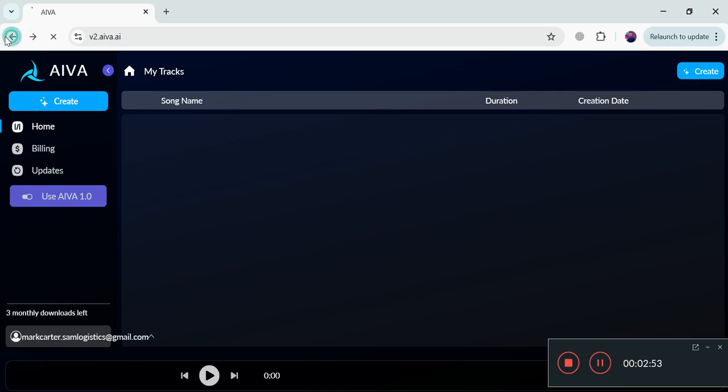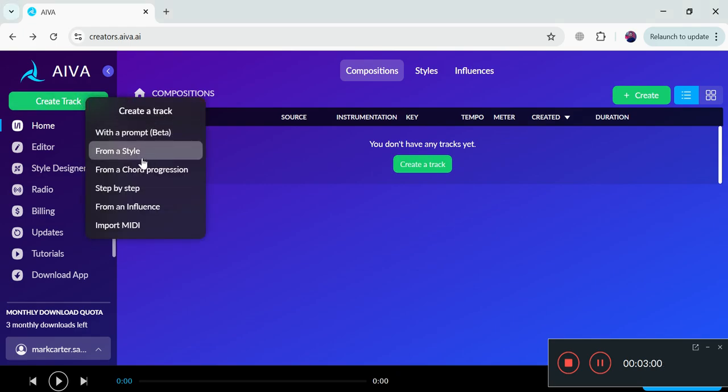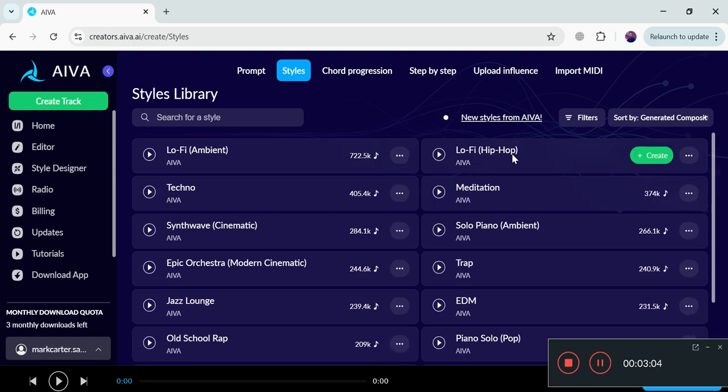Okay, let's go back. So again I will click on create a track, and let's go from a style. You will see a lot of styles here, or you can also search for your style. And let's see, we want to go with the techno style, and I will just click on this create button.